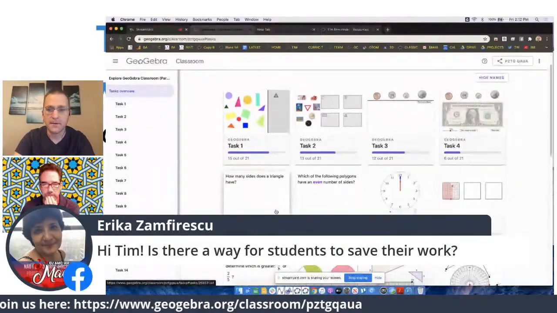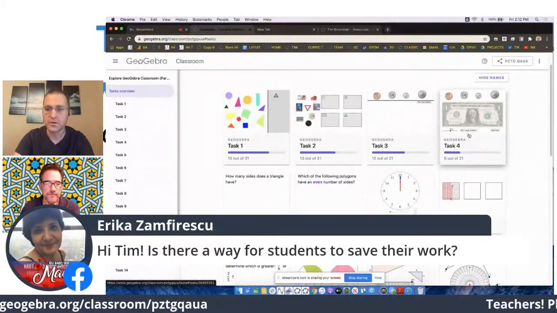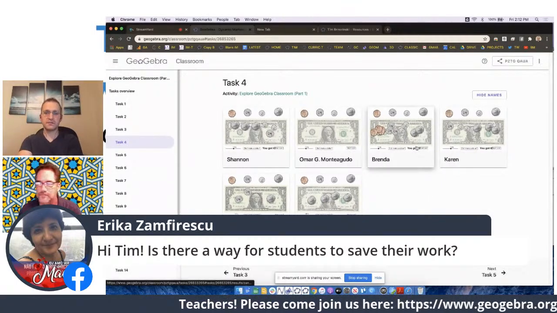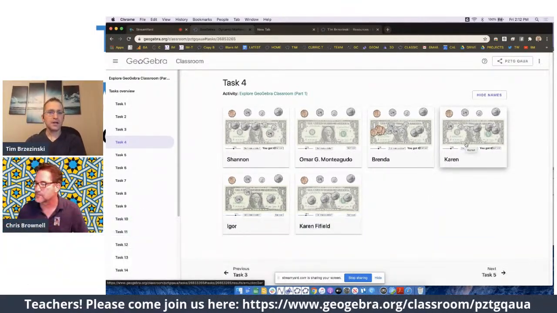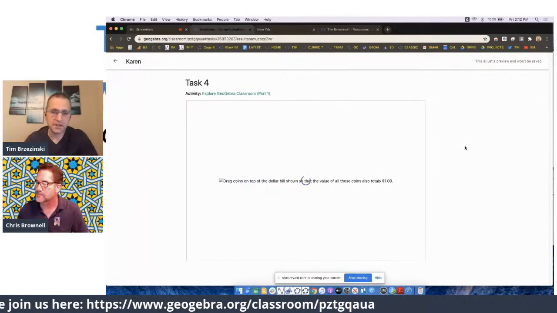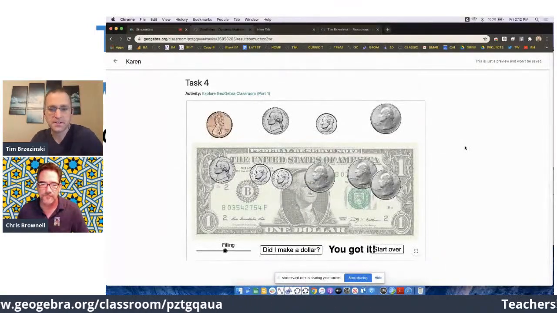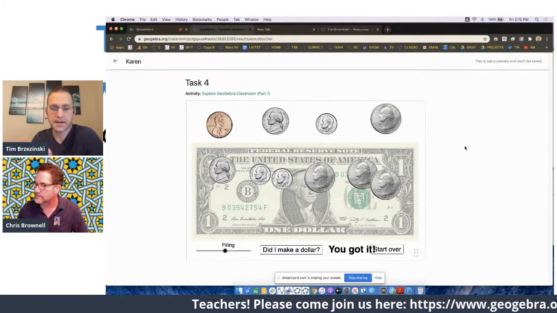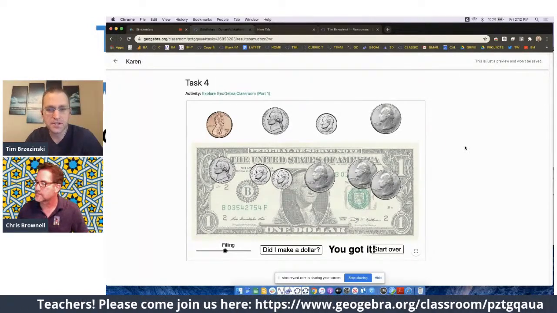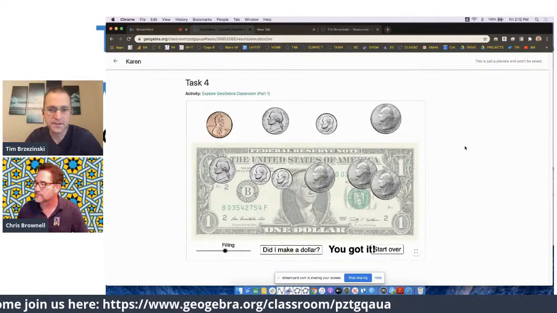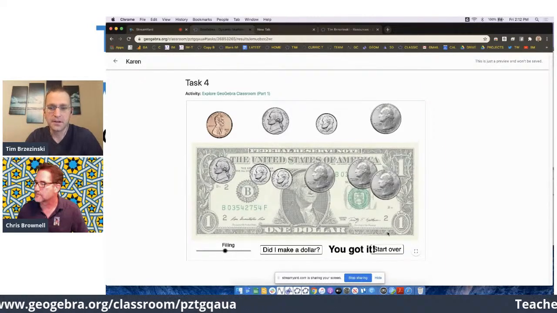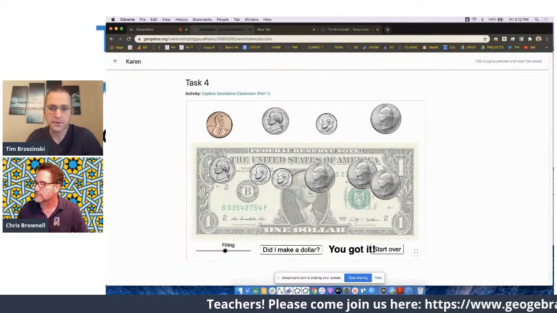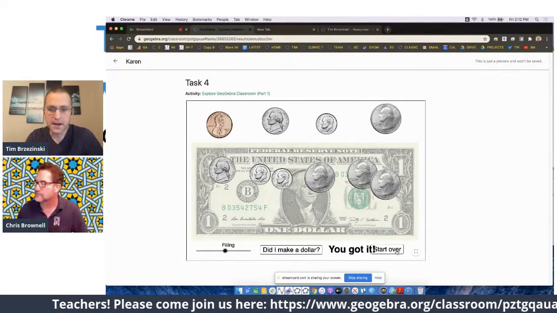Let's go now. I want to show you another feature here with task 4. I'm not sure how many have done that yet, but this is an example of an activity, Chris, that has feedback. Now this activity I copied and edited a little bit. John Albright was the mastermind behind this thing here with a dollar bill and everything. But I know that Karen, for example, got it. I'm looking at her preview. Now I can start over.